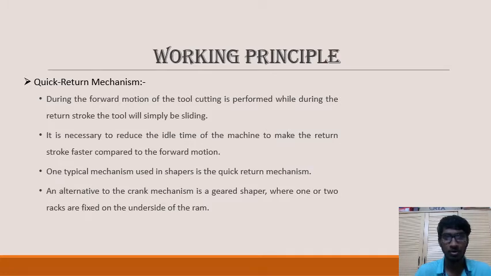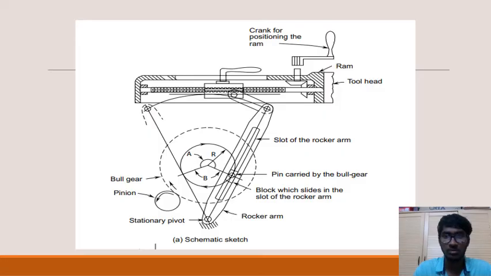Before that, there is an alternative method known as geared shaper, where one or two racks are fixed on underside of the ram. The rotary motion from the motor is converted by the rack pinion arrangement through appropriate belting and idling pulleys. So as I said, this is a schematic diagram of quick return mechanism. So first,